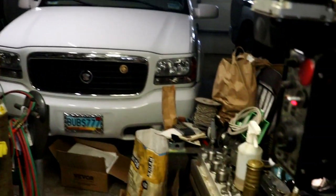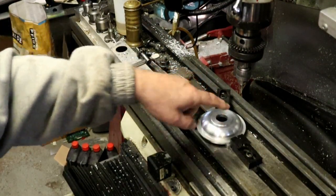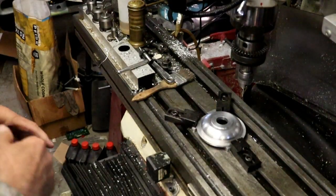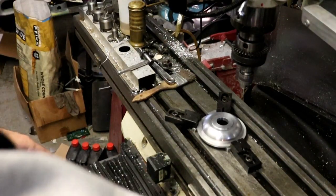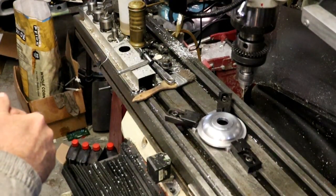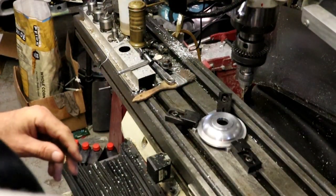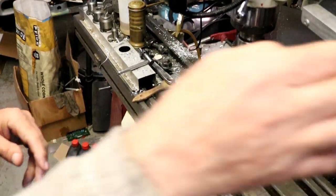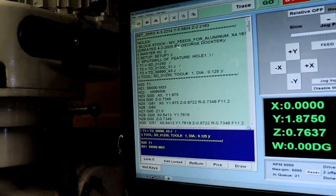I came out to do the hole pattern in the cover. I've got it set up, as you can see here. I dialed in this hole, the center hole, and I'll show you what I've got for my...